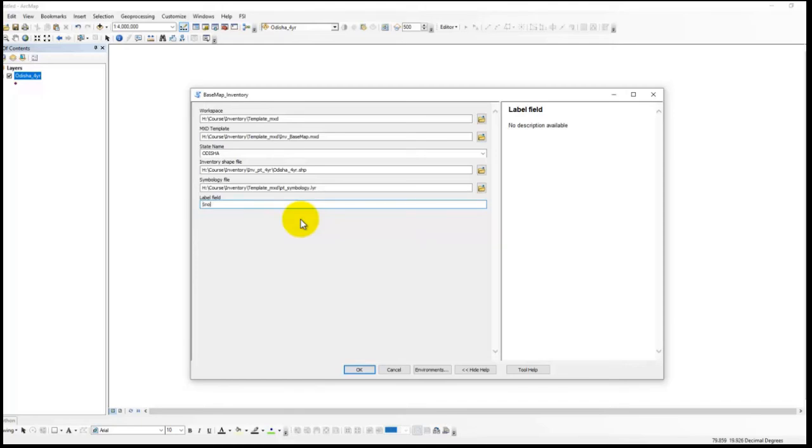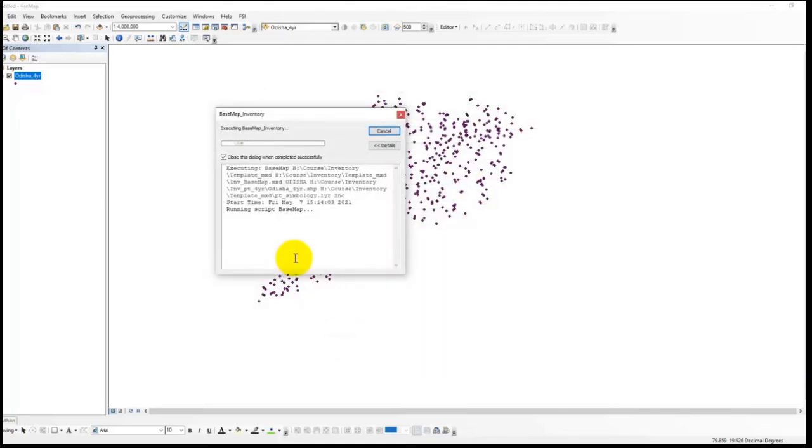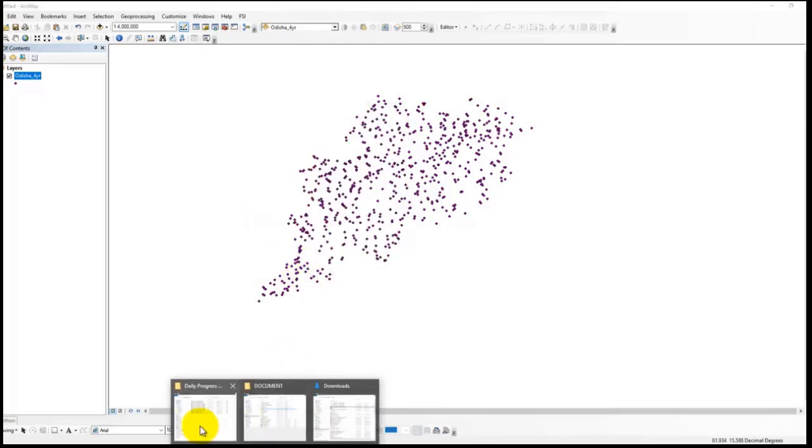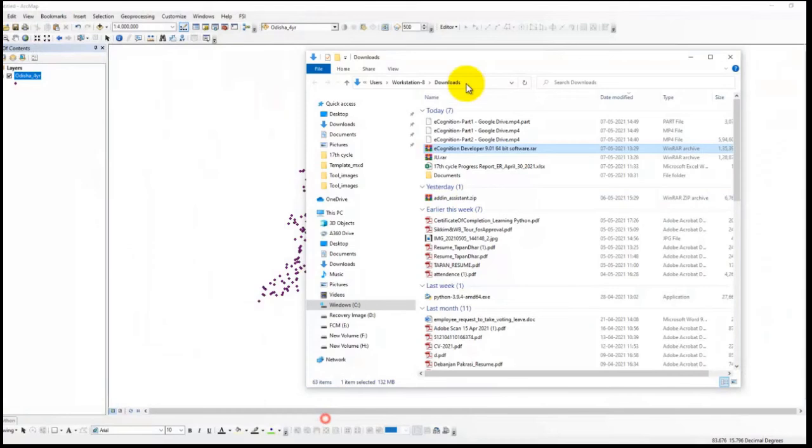Before that, you have to verify from the shapefile whether this field is present inside the shapefile or not. And finally run that tool and you will get this type of message. As I have kept all files in this directory, let me copy this path so that after completing this tool I can browse to that location and open that file. It's taking a bit of time, but as you all know, preparing a base map requires a lot of time.